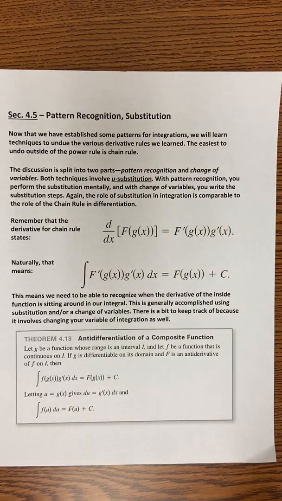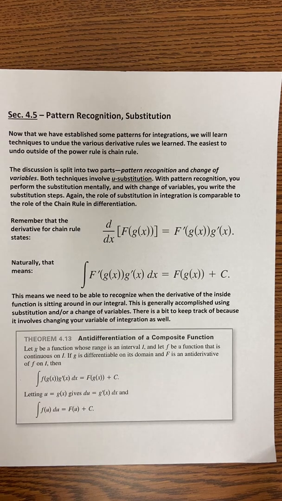Hello everyone, we're back with Math 2413, Calculus 1, in our last section of Chapter 4, which is primarily about undoing chain rule, either through pattern recognition, which I don't recommend, though as you get more experienced you can use that. More likely you're going to be using substitution until you are more familiar with how the process works. So again, you have two options. But I'm always going to show you using u substitution, so that's the method that we're going to